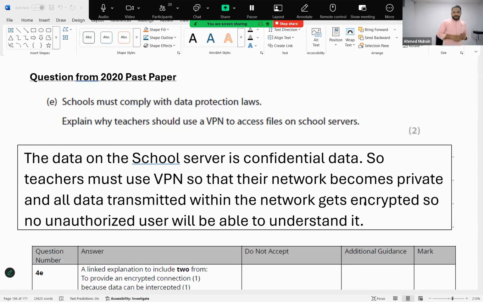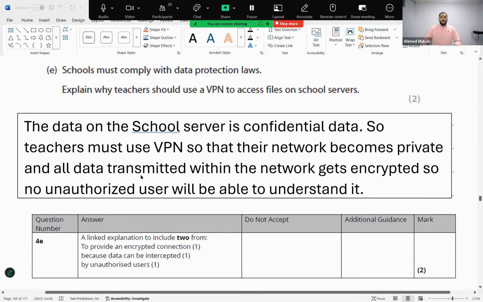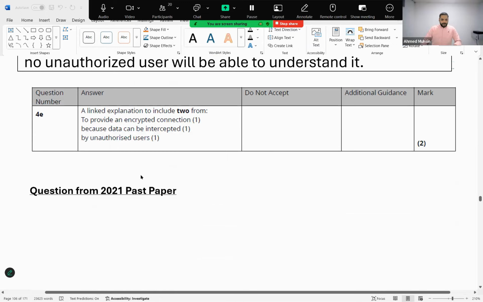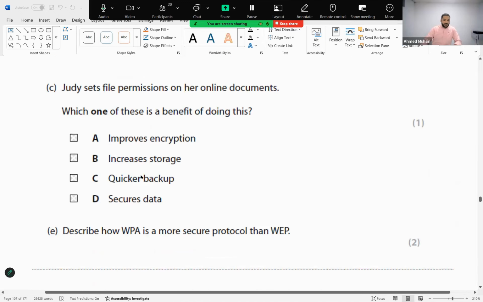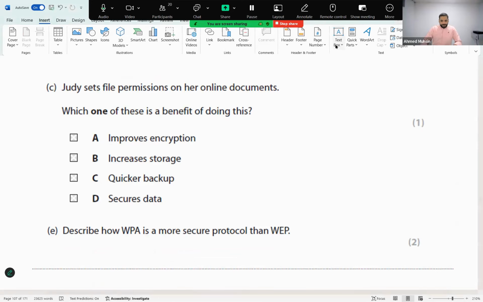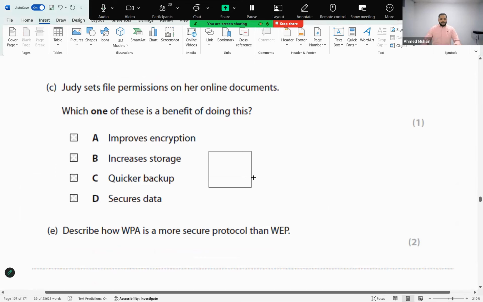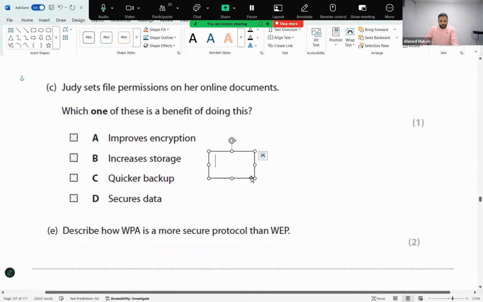Okay, go to the marking scheme answer. All right, let's have a look at the next one. Over here it says Judy sets file permissions on her online accounts. Which one of these is a benefit of doing this? Secures data. Okay. File permissions. Another word for file permissions can be